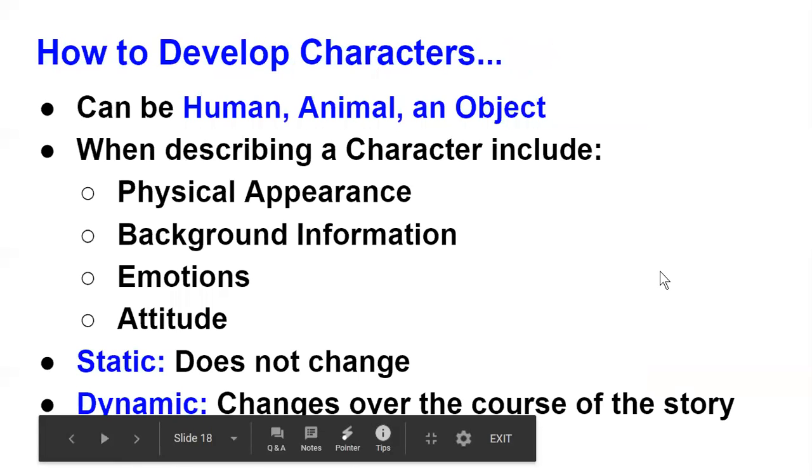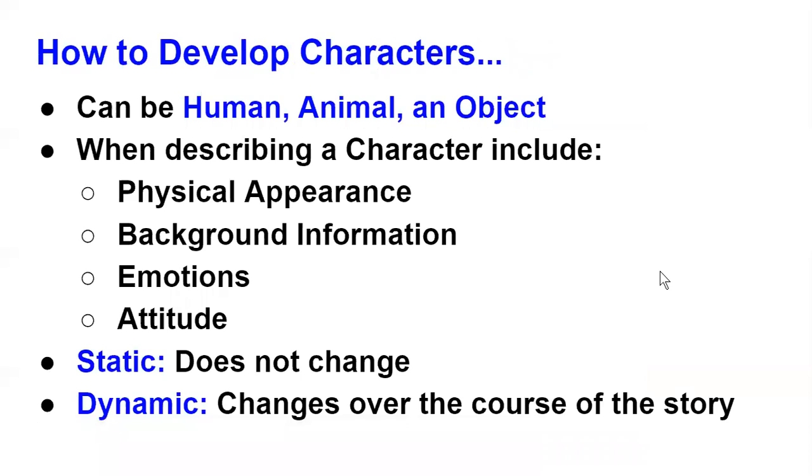All right, so moving on, how are you going to start developing your characters? Well, there could be any kind of character. They could be human, they could be an animal, they could be an object. And when you're describing those characters, make sure that you also include their physical appearance, such as maybe they might have brown eyes, dark hair, maybe a mustache, they're a man,